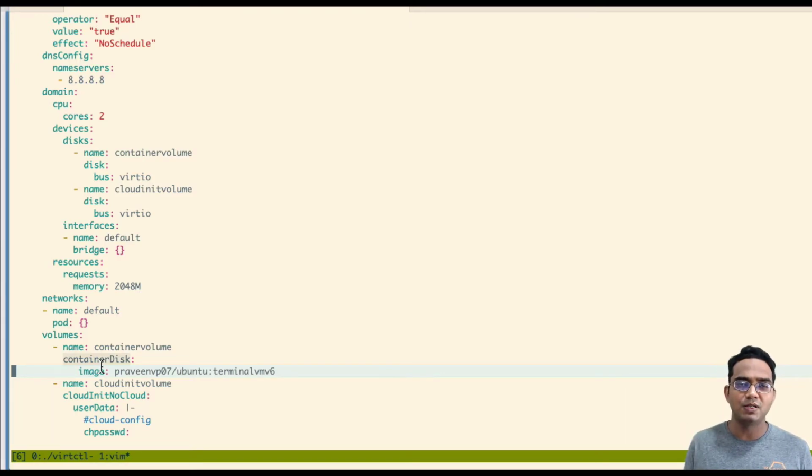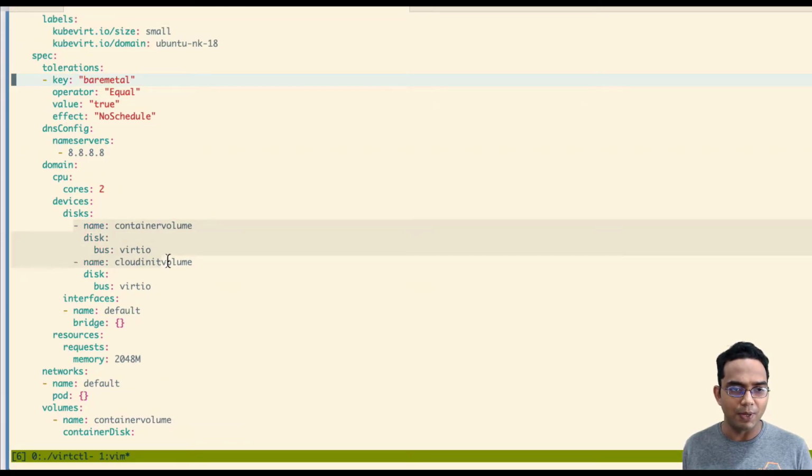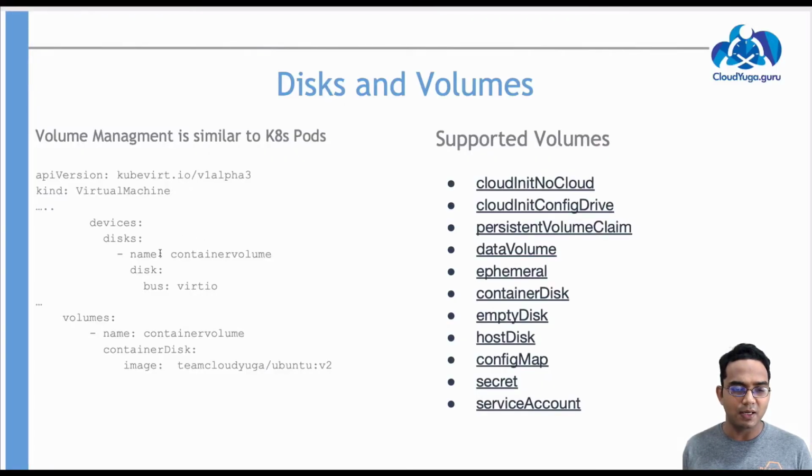So we will take a VM image, put it into a Docker file and create an image, and this image then can be pushed to your Docker Hub or any registry. And once you have this image pushed up there, we can then use it as a volume, and this volume we can mount as our disk for the VM. So what's happening here is we are going to take that container image, a disk, and create an instance from that for our VM. Okay, so that's what's happening here. That's how you can attach a volume to your VM instance there.